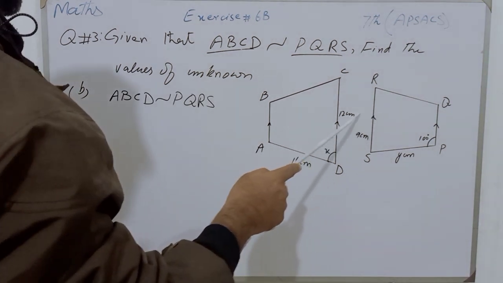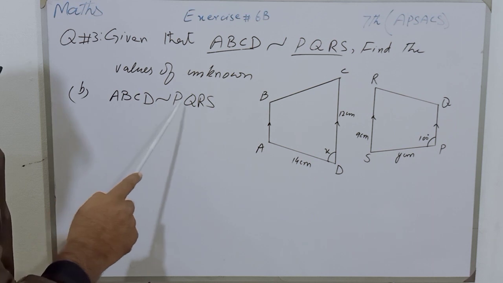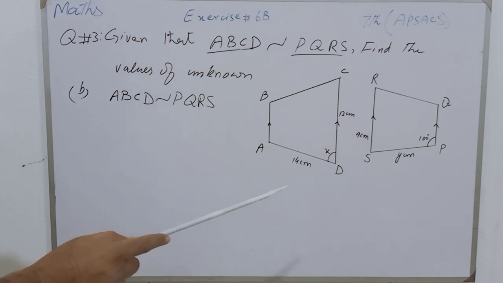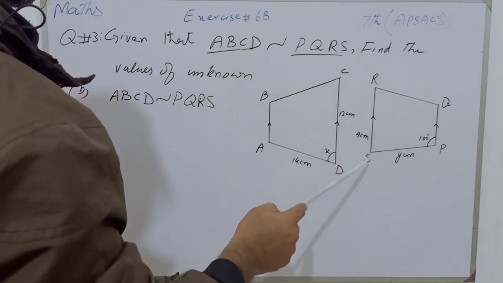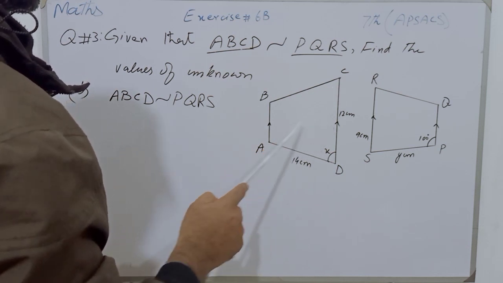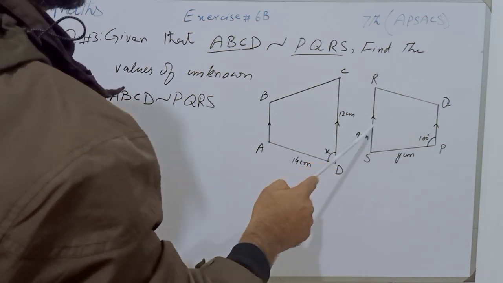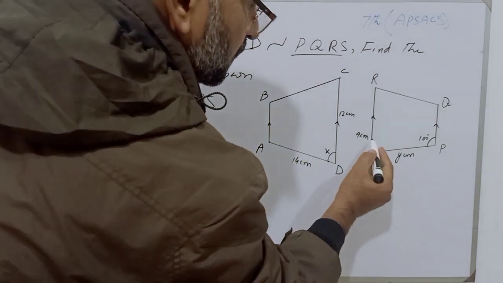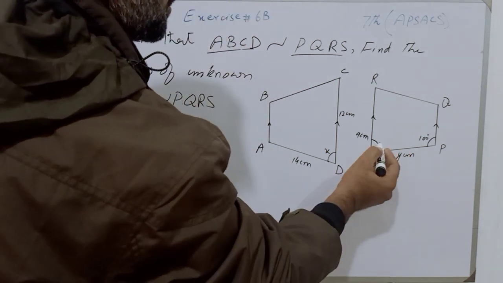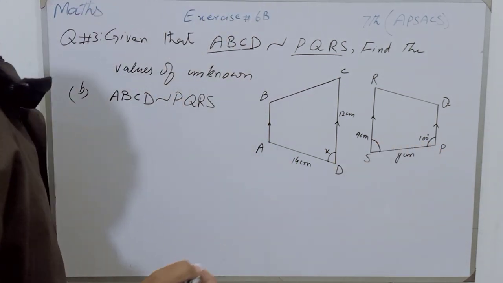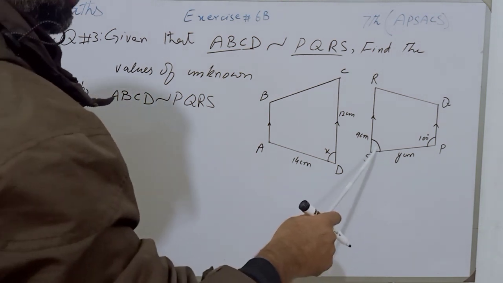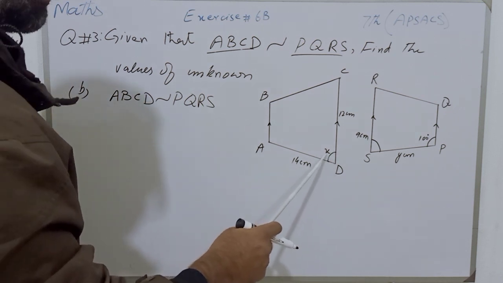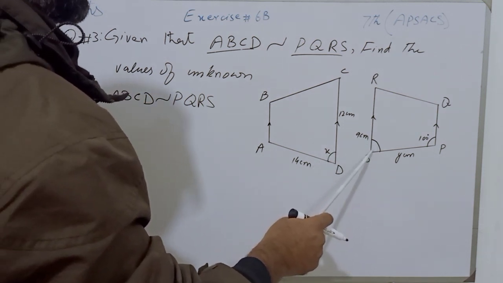Students, if these two quadrilaterals are similar, then their corresponding angles will be equal and their corresponding sides will be proportional. And here I want to explain one thing in quadrilaterals PQRS and ABCD. This pair of opposite sides is parallel, and if these two lines are parallel, then their interior angles will be equal to 180 degrees. So angle S plus angle P will be equal to 180 degrees, and we will find the value of angle S, and angle S will be equal to angle D. So then we will find the value of X, that will be the value of angle S.